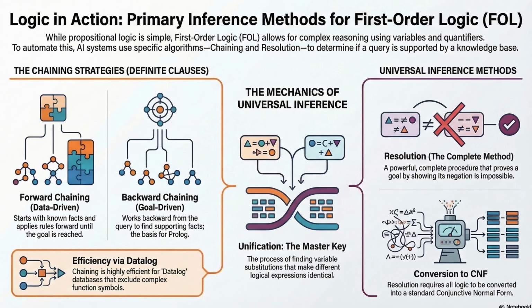Iteration 2. The computer looks at the new facts we just generated. It sees West as American, which is from the start. The things West sold are weapons. He sold them to Nono. And Nono is hostile. Does this match any big rules? Yes. The first rule. American plus sells weapons plus to hostile nation equals crime. Bingo. All the conditions are met. The rule triggers. The system stamps a new fact into the database. Criminal West. The goal is found. Proof complete. That feels very natural. It's how I would solve a puzzle. I lay out the pieces and see what fits together.